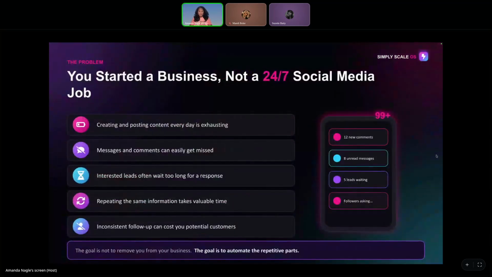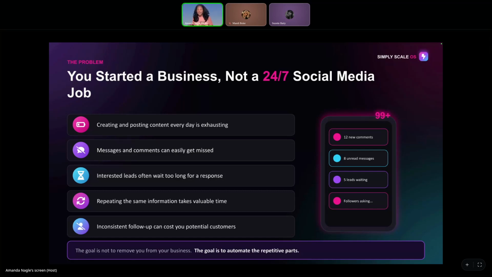Okay, so we all started a business not to be on our phone 24/7. I am very guilty of this, where I will literally be on my phone constantly checking notifications, all the things. I don't want to miss any messages or comments or whatever. And the bad part about this too is, Facebook doesn't have a way to automate in groups and stuff. So we have to get used to posting on a business page so we can automate it, but you can do it for Instagram too. So that is the exciting part.